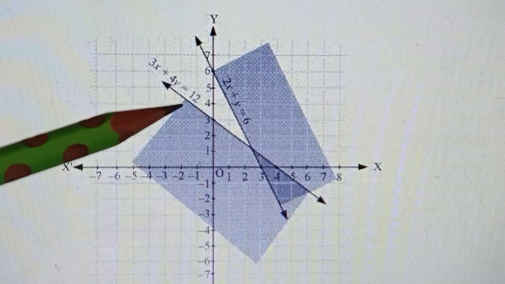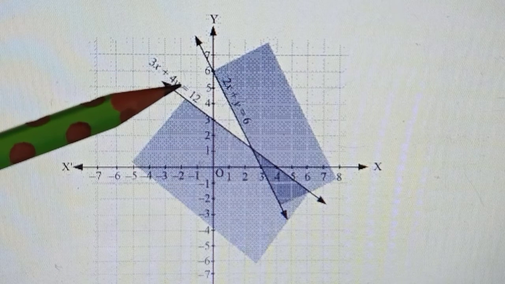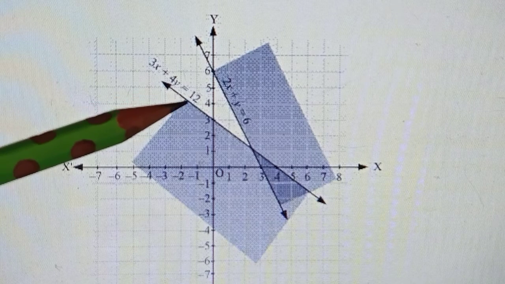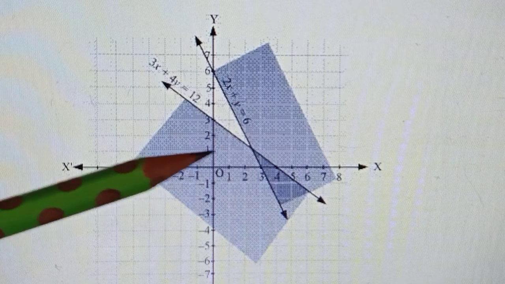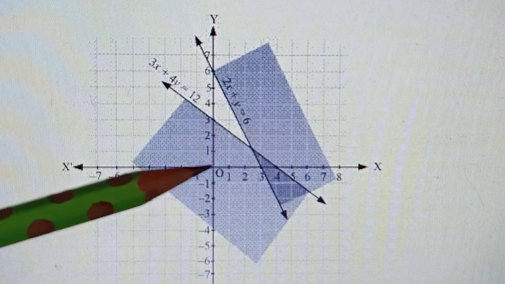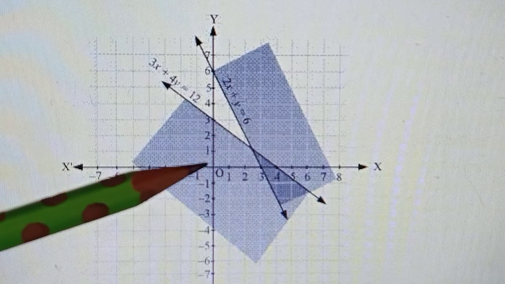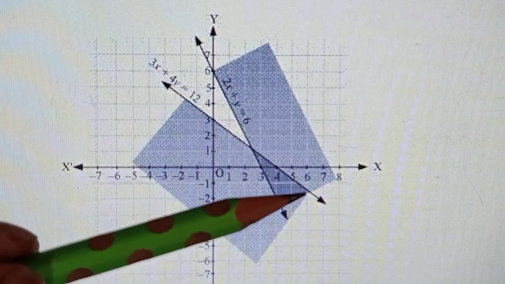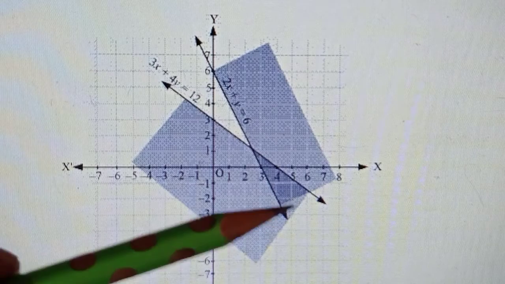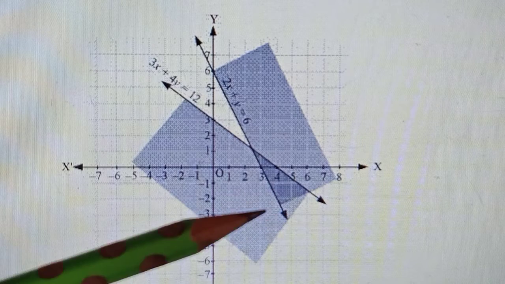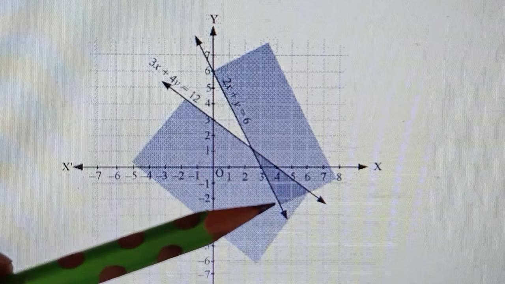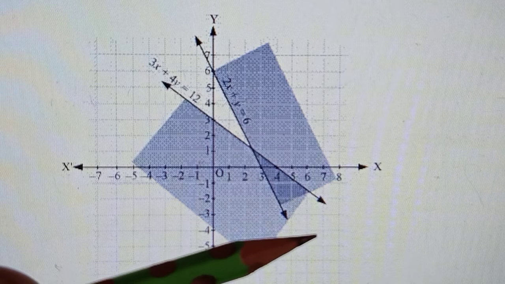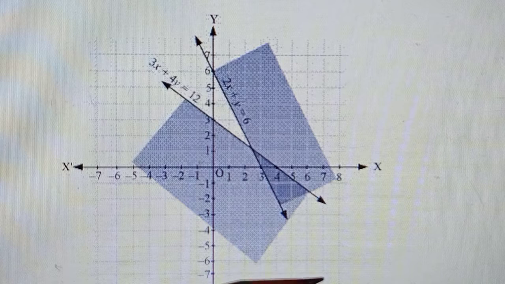For the second inequality, again if you put 0, 0, 0 is smaller than 12, and yes, this time it was smaller than sign only, so this will be your solution. जहाँ origin आ रहा है, this will be your solution. Okay, so the common solution to both of these, इसके नीचे and इसके ऊपर, is this shaded. So ये this is all unbounded, this is all going up to infinity. ये complete ऐसा नहीं है कि इतना सा triangle है. Okay, this is unbounded set, so there are so many solution or so many points, infinite set है.